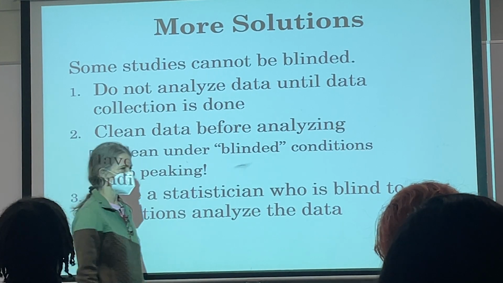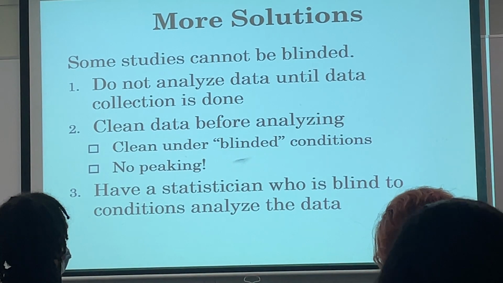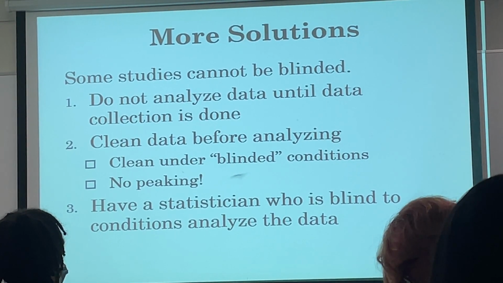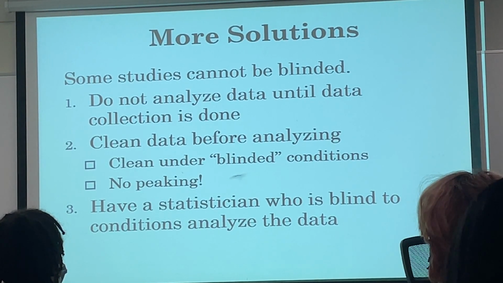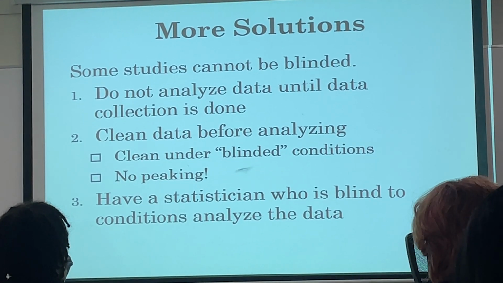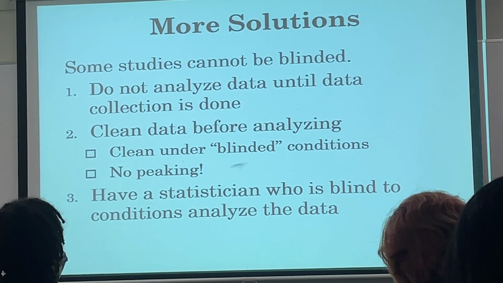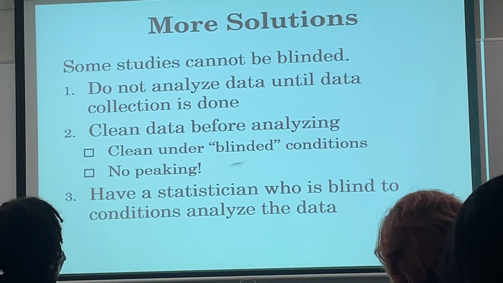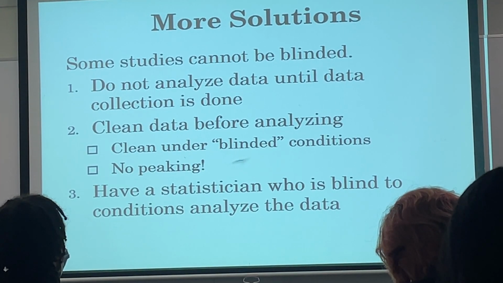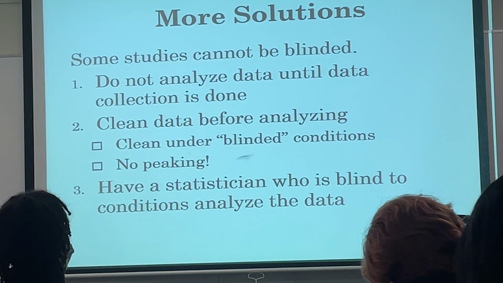It's best to have a statistician who has no idea what's going on analyze the data. That way you can't possibly be biased there, right? Supposing you also collected the data without bias. Remember the playground example? If you're looking at the playground, you want the people taking notes and counting the times that children do things to also be blind to the research question and hypotheses. Otherwise, they might not count things that don't go along with the hypothesis. Does that make sense? This is what doing science means. It means tricking yourself so your own biases don't get in the way. And it is hard, and you gotta do it, right?